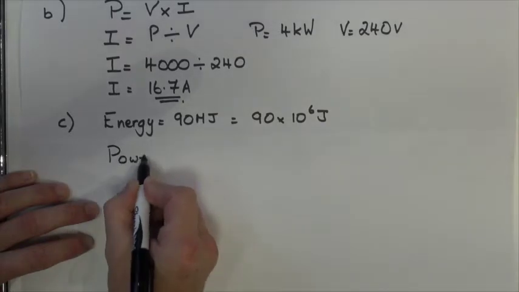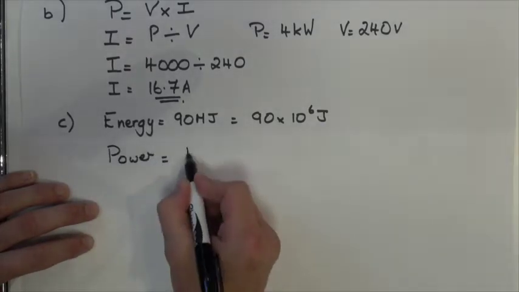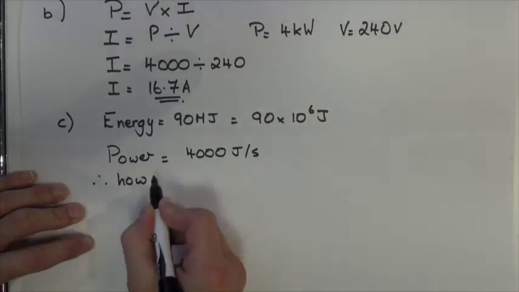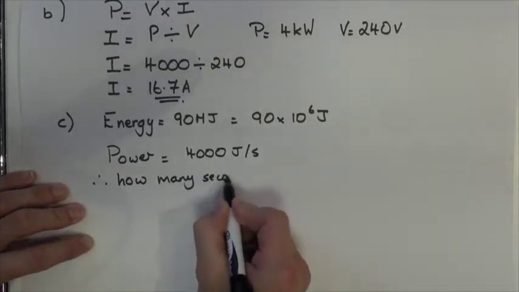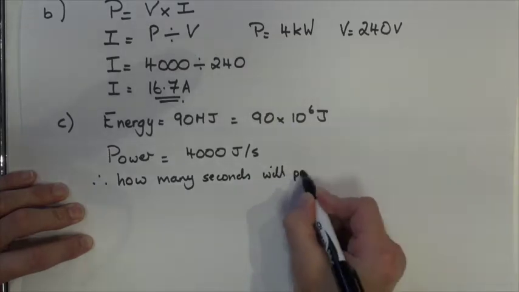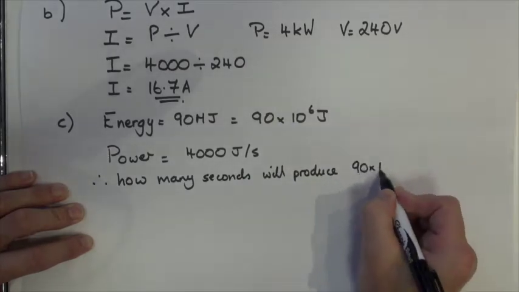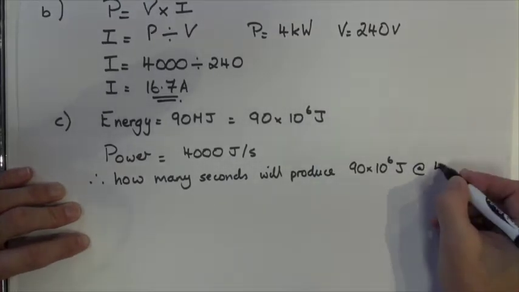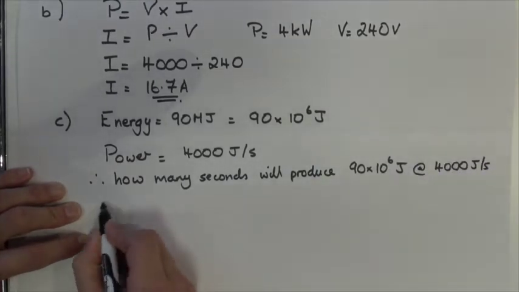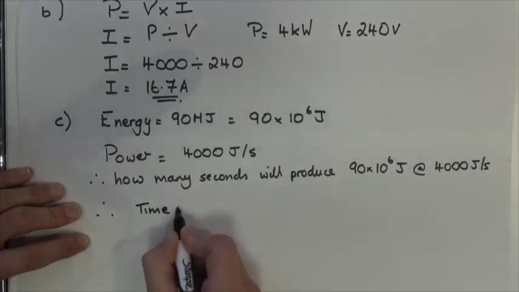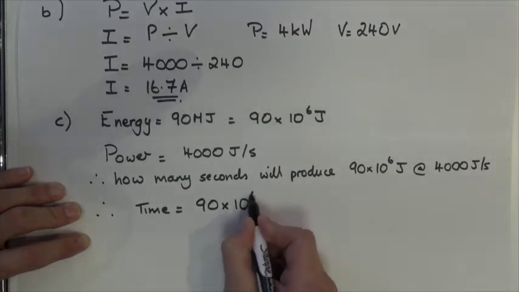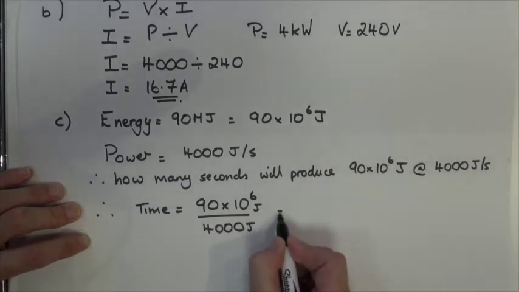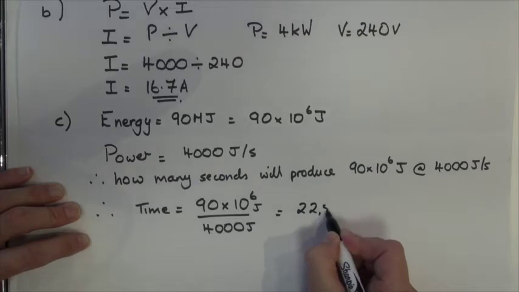I know that power is basically made up of 4,000 joules per second. So what I want to know is how many seconds will produce 90 megajoules of energy if I'm working at a rate of 4,000 joules per second. So basically, to calculate the time, I divide 90 times 10 to the 6 by 4,000, which will give me a time in seconds, and it comes out at